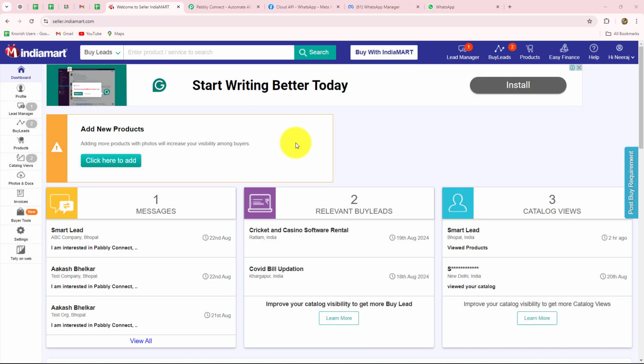So in this video, as I told you, we are going to learn how we can automatically send WhatsApp messages to our IndiaMART leads. So let's suppose I am running a real estate agency, and to promote that I am using IndiaMART. So basically I am using IndiaMART to generate the leads for my business. So as soon as a lead is generated through IndiaMART, my objective is to send a personalized WhatsApp message to